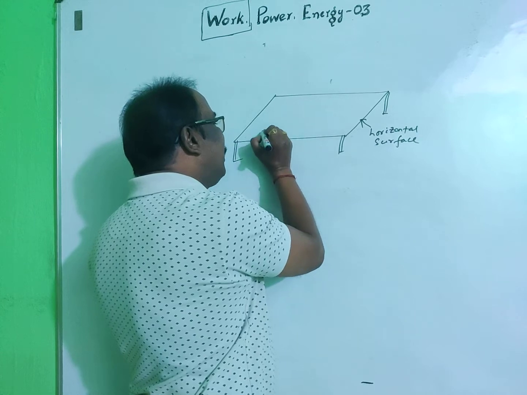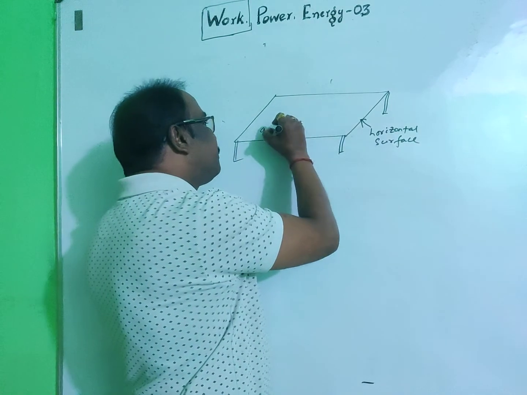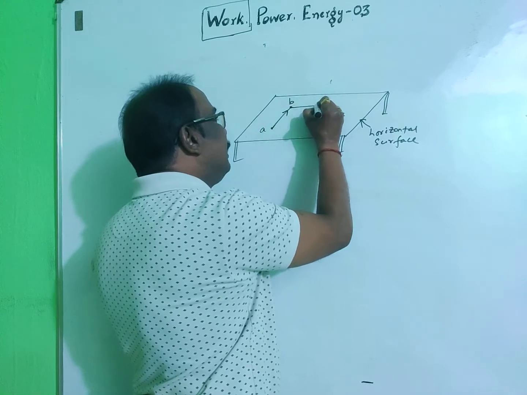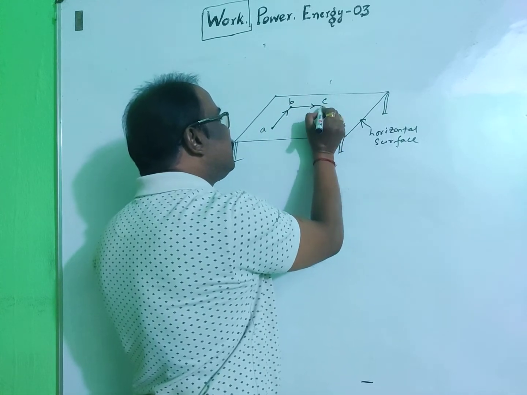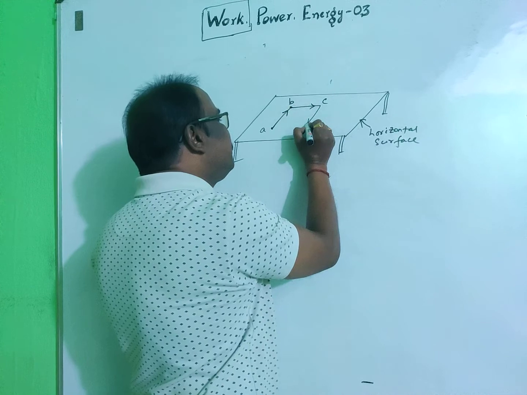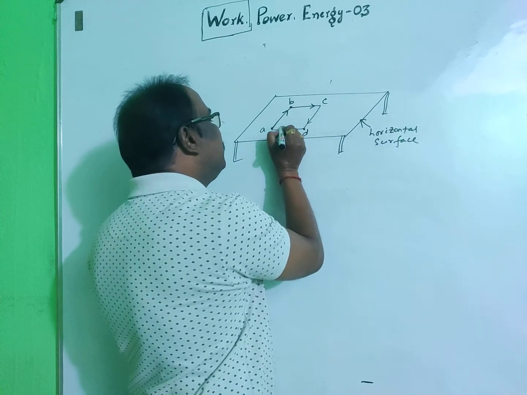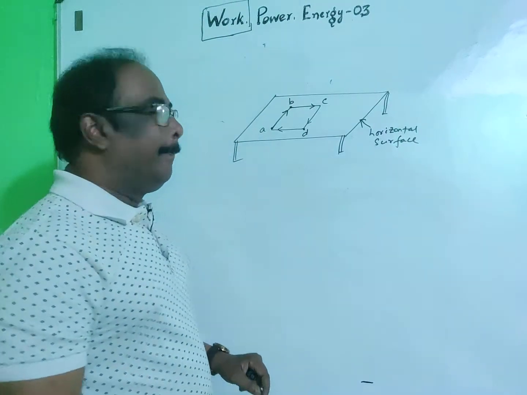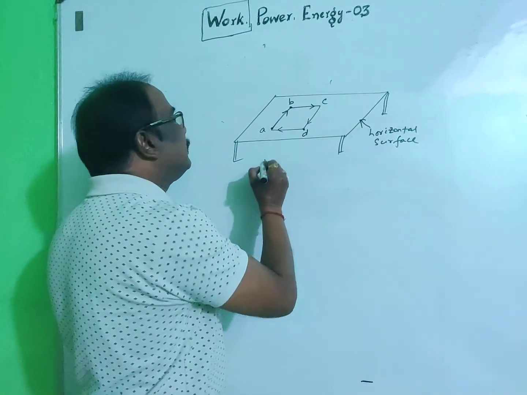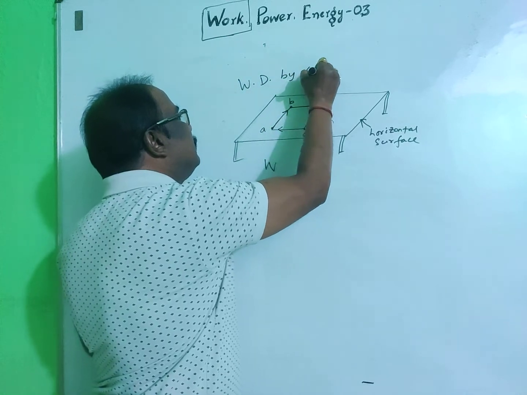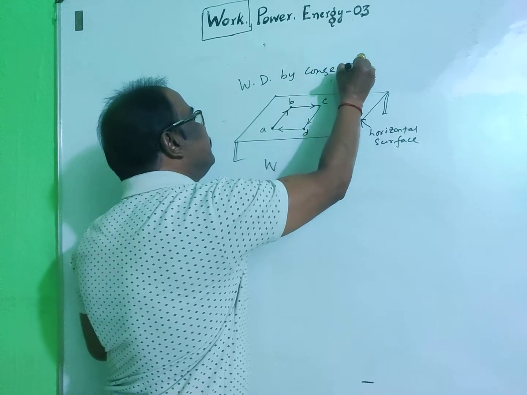Suppose a particle is at A, it is moved to position B, then it is moved to position C, then it is moved to position D, then it returns back to position A. Then work done by a conservative force